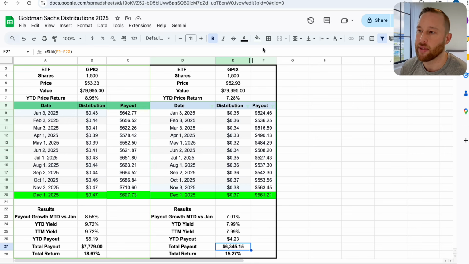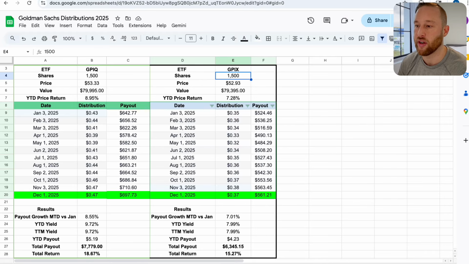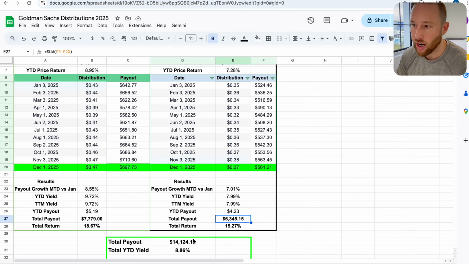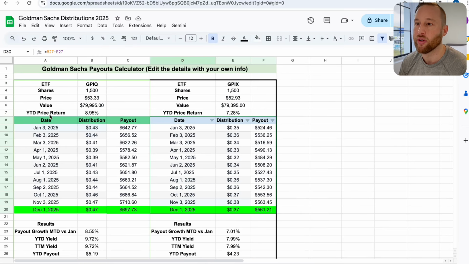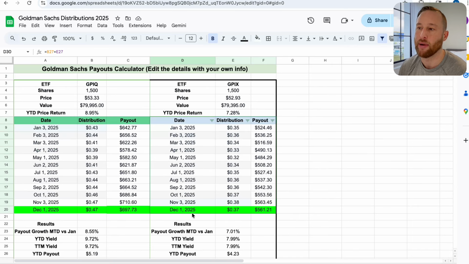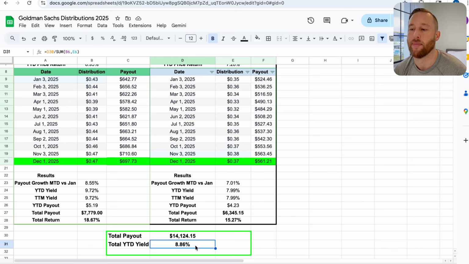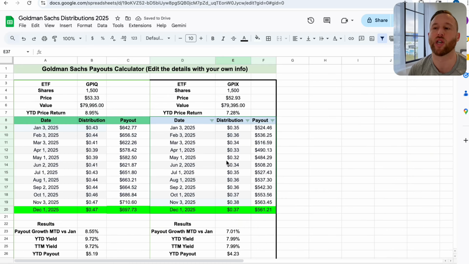Should you have invested the 80K here, or gotten 1,500 shares of it, you would have seen a payout of 6K for the year so far. All right, and so with the combo here, we would have seen 14K in total payouts for the year on about what do we have? 160K in market value, for a year-to-date yield of around 9%. All right, guys. So really healthy stuff from Goldman Sachs, and I want to just show you guys the dividend